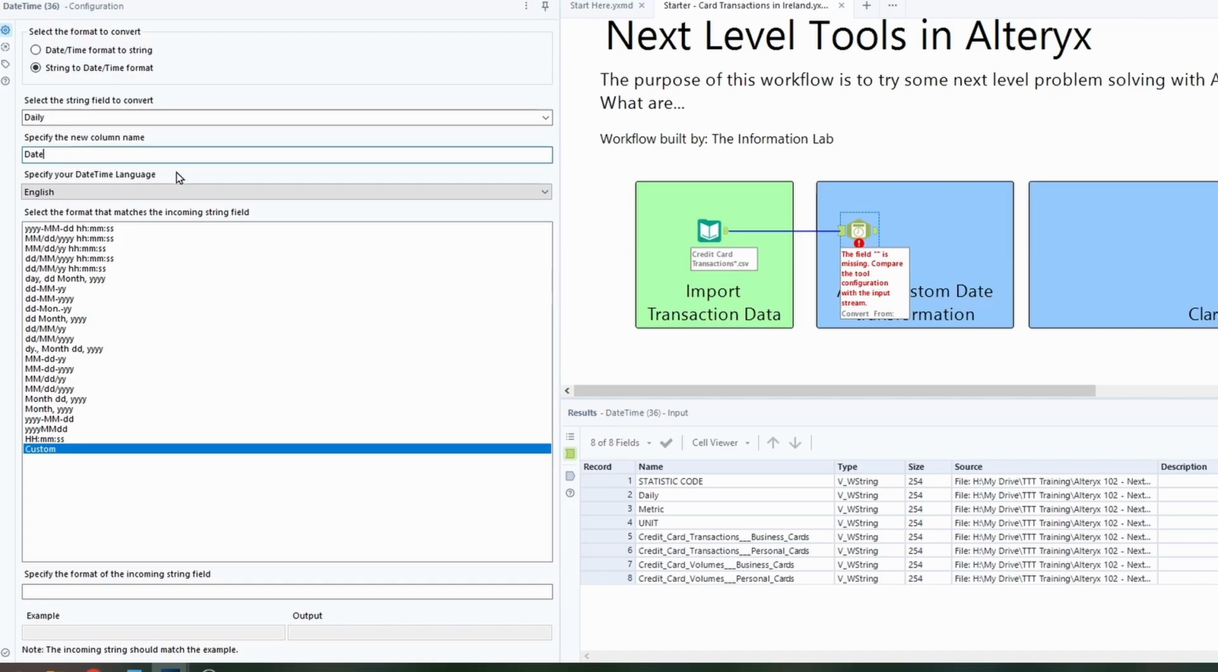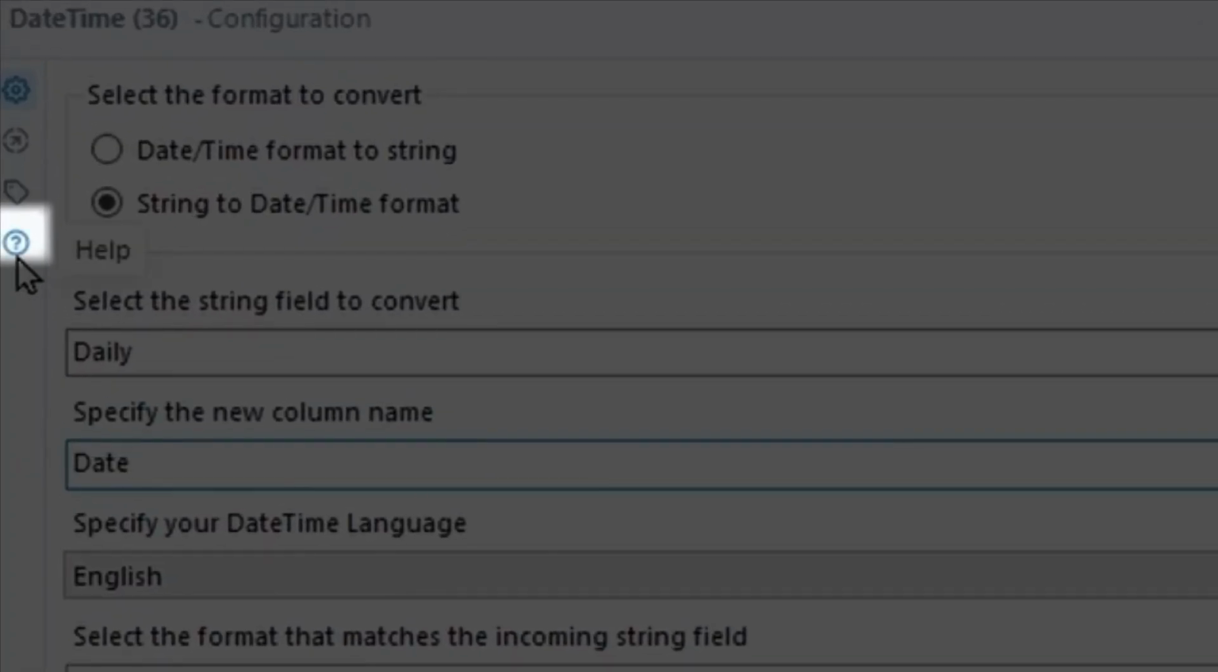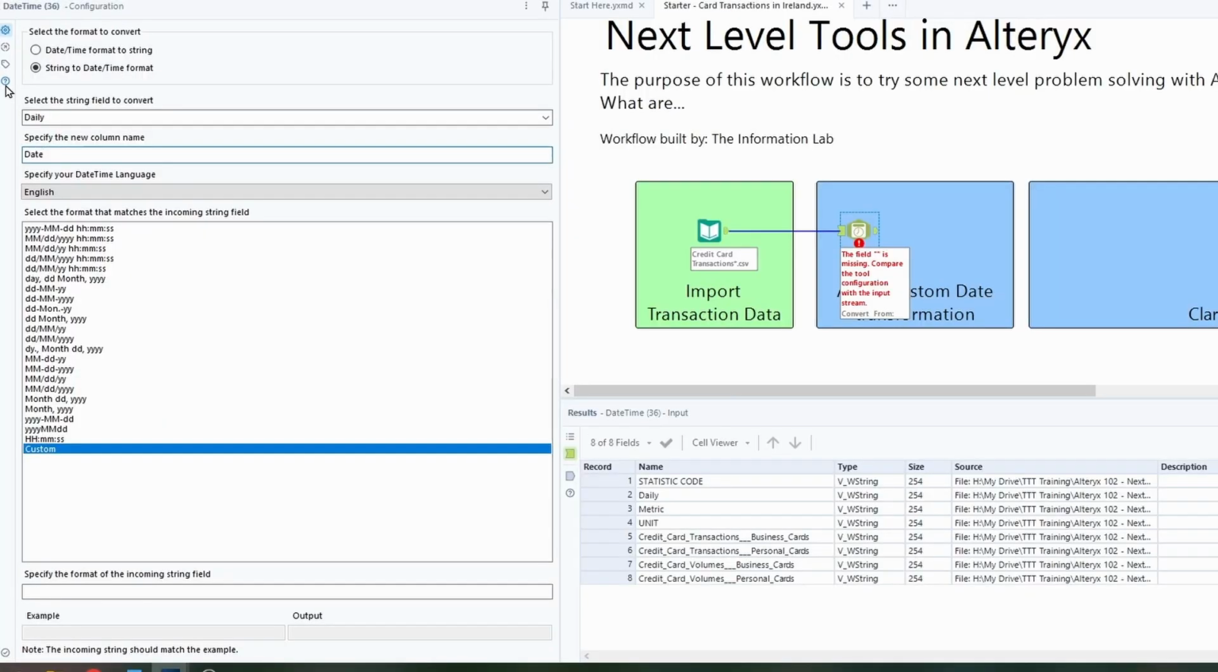Dates come in a wide variety of formats, and the Date Time tool allows us to specify a custom type. If you're ever unsure on how to specify a certain date time format, you can go ahead and click on the small question mark here. This will navigate to the Alteryx documentation, which will show you all the different date time formats. The tool has several commonly used date time formats, but we will use a custom format that matches the string